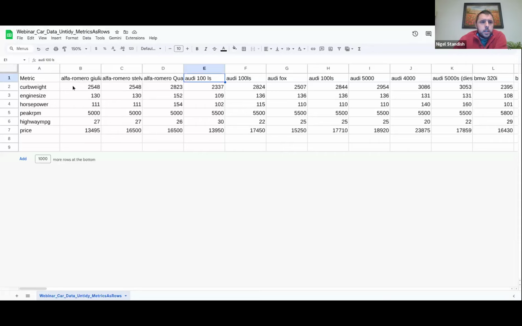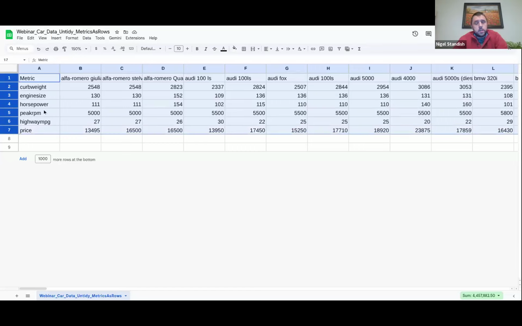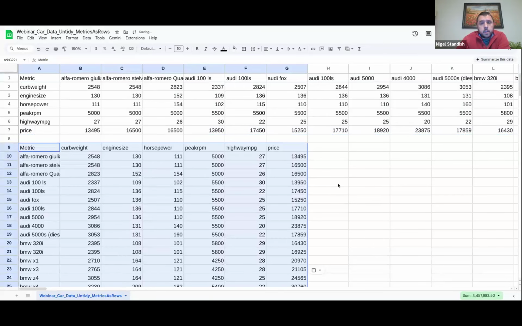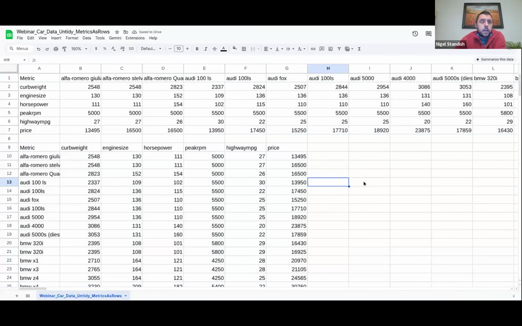And so when we're in Sheets, we can grab these rows and copy them. I'm using Control-C to copy. And then I'm going to come down here and I'm going to right-click. And I'm going to paste special. And when I paste special, I'm going to choose transposed. And now you can see